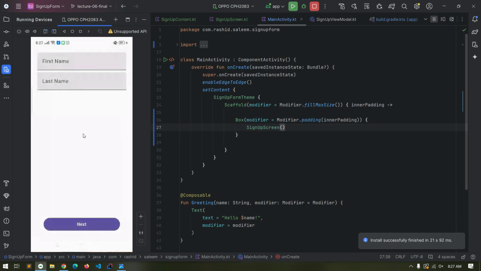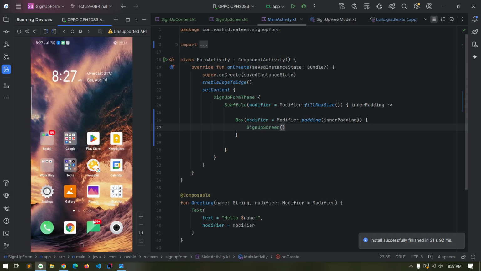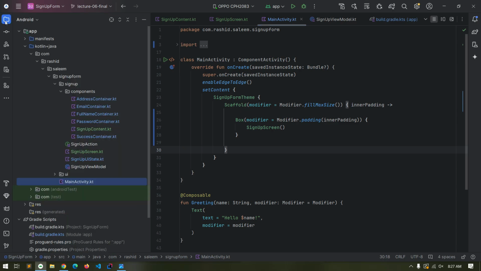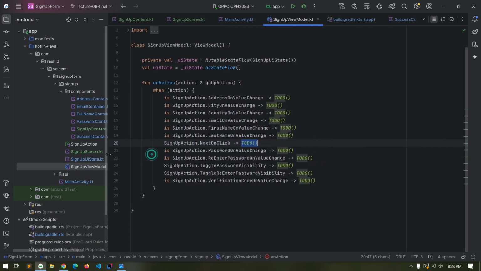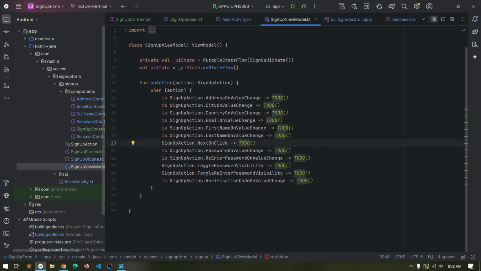Okay, so our app is up and running, and now when we tap on this next button, then we get a crash. Actually, I missed that part, that we also need to handle that action in our SignUpViewModel. So in our SignUpViewModel, we are getting the call in our next on click, but in here we have a to do, so that's why it's crashing. So we need to handle this action, what we will do when this next on click action comes in